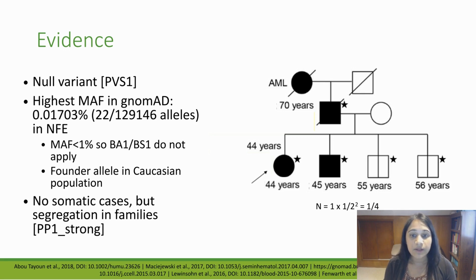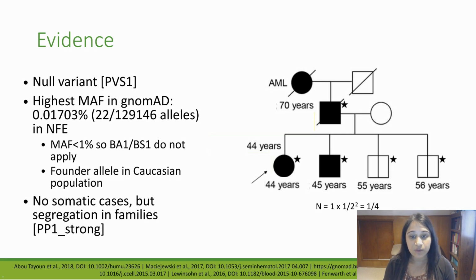Using the pedigree of one of the carrier families as an example, note that black circles or squares indicate a diagnosis of MDS or AML, and the stars indicate mutation carriers. First, understanding that hereditary cancer syndromes have reduced penetrance makes the lack of phenotype in the two unaffected brothers less concerning. Next, to calculate the probability that the variant has segregated in the affected family members by chance, you would